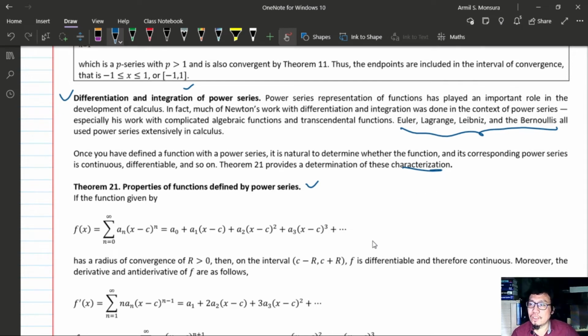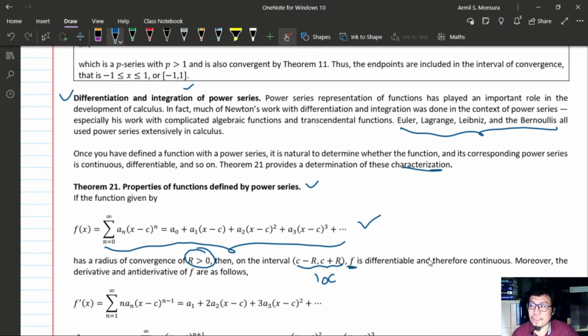Theorem 21 states that if f of x, written as a power series, has a radius of convergence r and an interval of convergence between this,